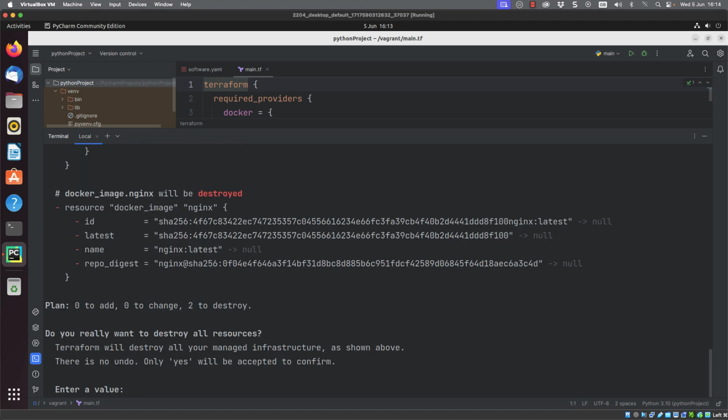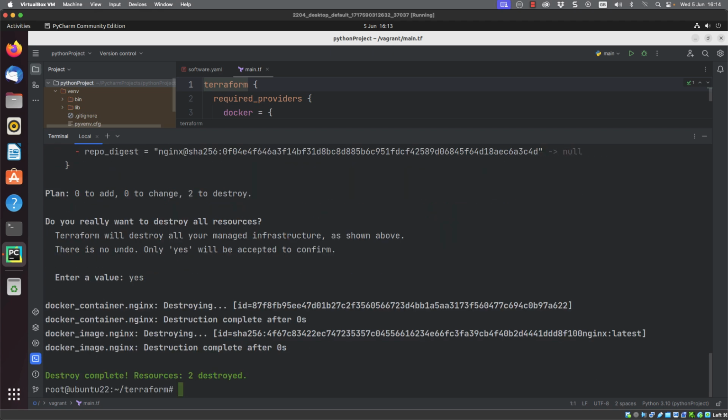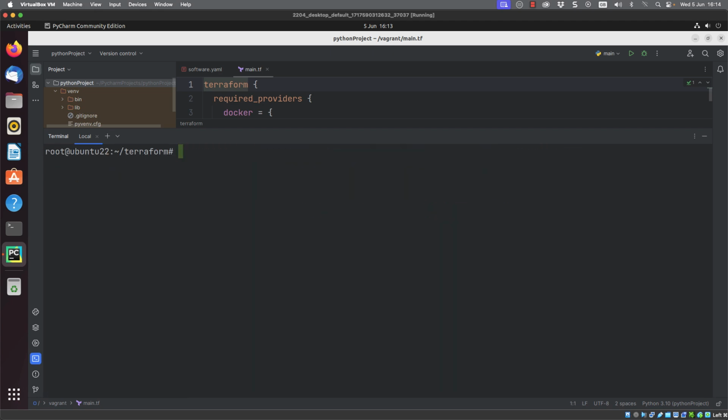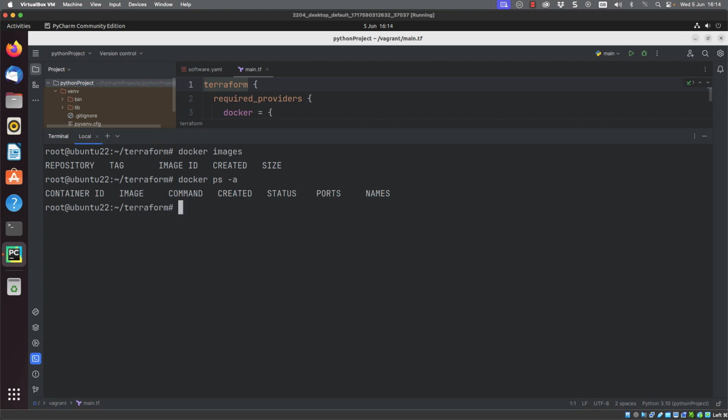But I could also go through and destroy everything with terraform destroy. Again, I have to accept the prompt, but I could automate it. But now everything that was set up has been removed. When I look at my Docker images, there are no images. And when I look at the docker ps -a, I'm not seeing even the stopped containers. So the container was deleted, the image was deleted. So we've tidied up after ourselves, and we have a clean system, which is always good when you're working with